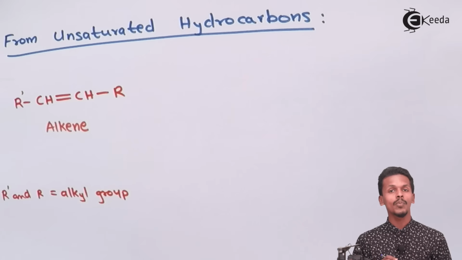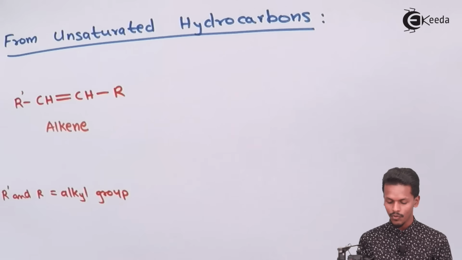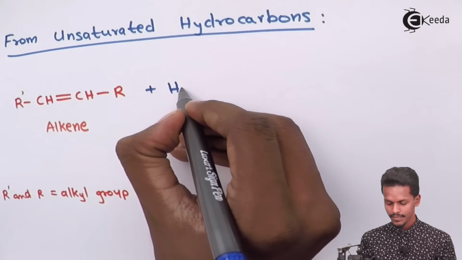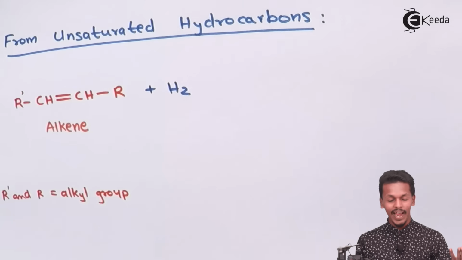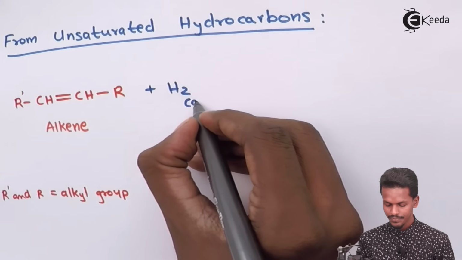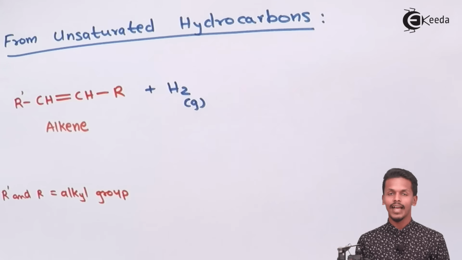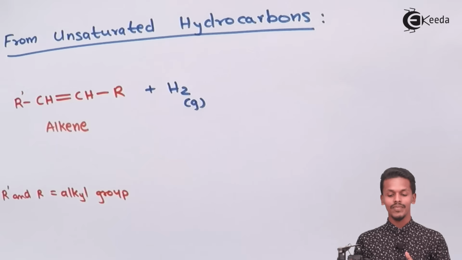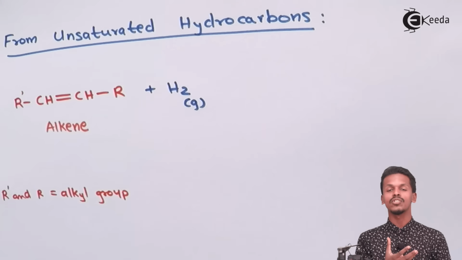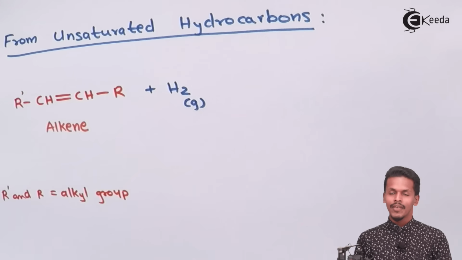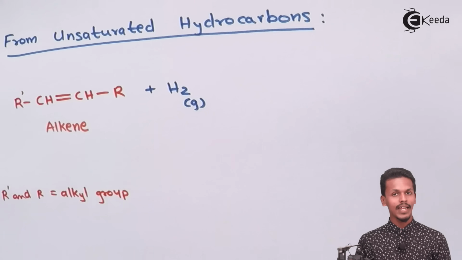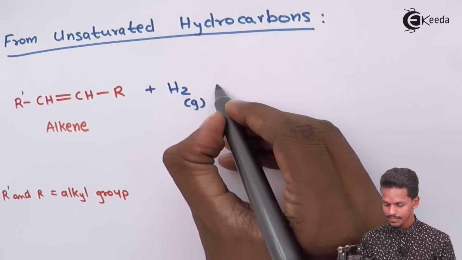So suppose in this case we have added hydrogen in the form of H2. H2 means hydrogen gas, that is what we are talking about. Suppose we have inserted hydrogen into an alkene, and this reaction doesn't take place on its own, we have to insert a catalyst, and that catalyst is basically